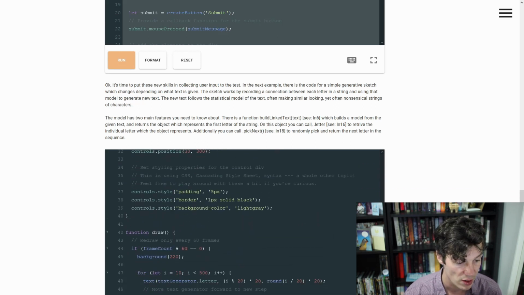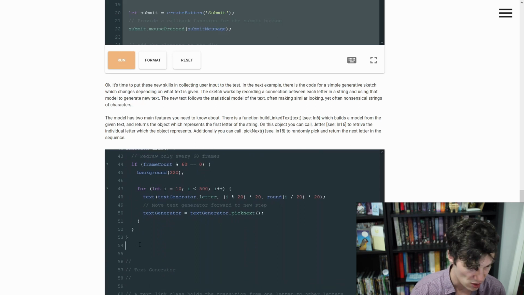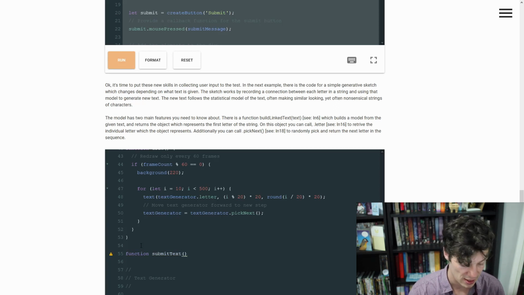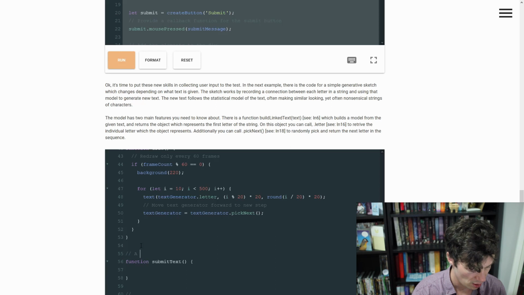And so we are going to scroll down below our draw loop and above the text generator code, and we're going to create a function submit text. It doesn't take any arguments, and close the brackets. And we're just going to drop in a comment for it: callback for handling the update to text generator